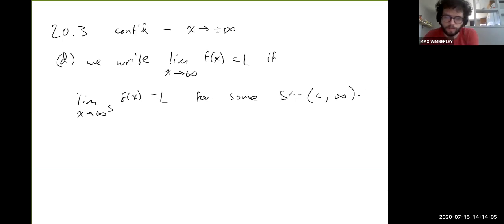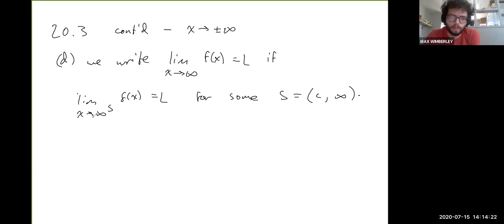So just an open set going all the way out to infinity, starting at any number c, it doesn't matter. So as long as there's some number c so that f is defined all the way from c to infinity, not including c, obviously,